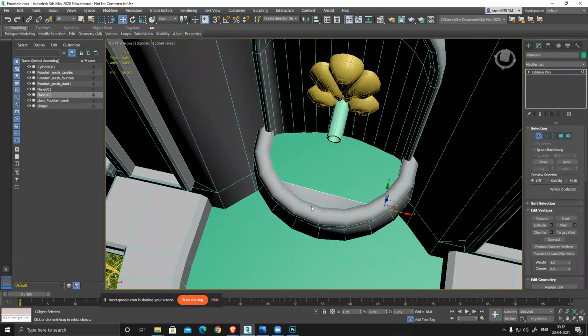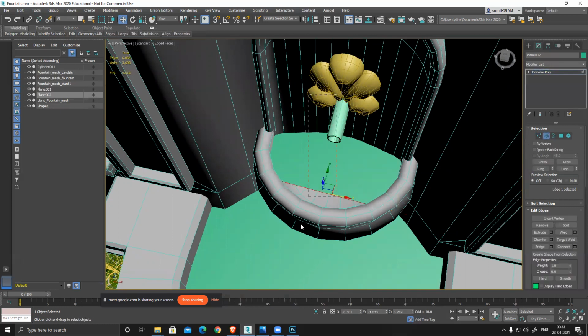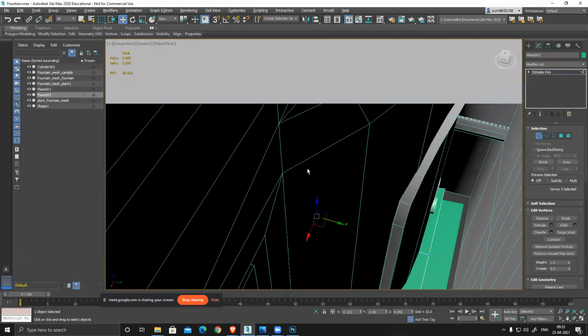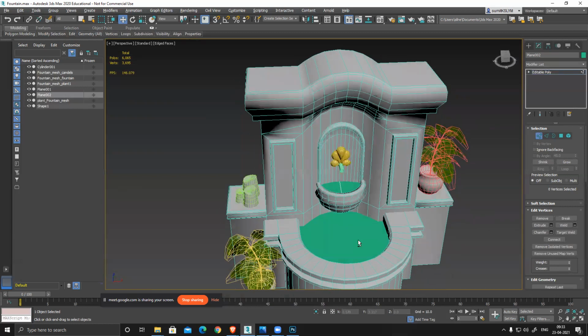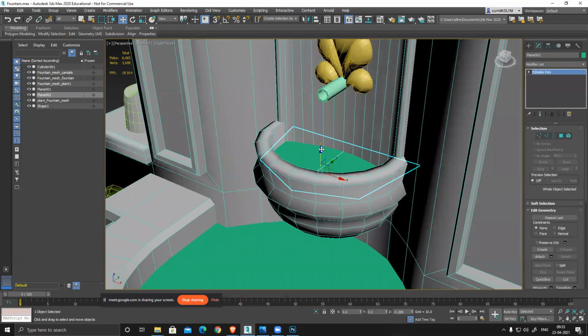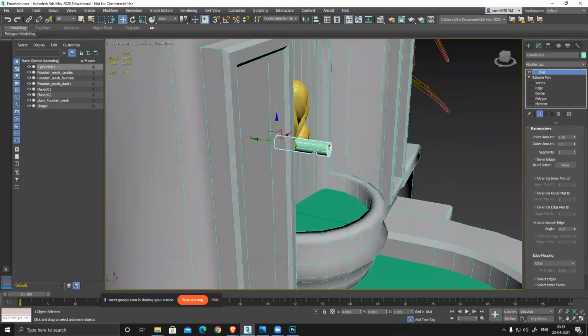I need one more cut here, at least. So what I can do, I can select these two edges, connect them, and then select one vertex, push it. So it perfectly covers the entire section. I believe this is slightly down here. Yeah. And this is also a little extra. Reduce it.